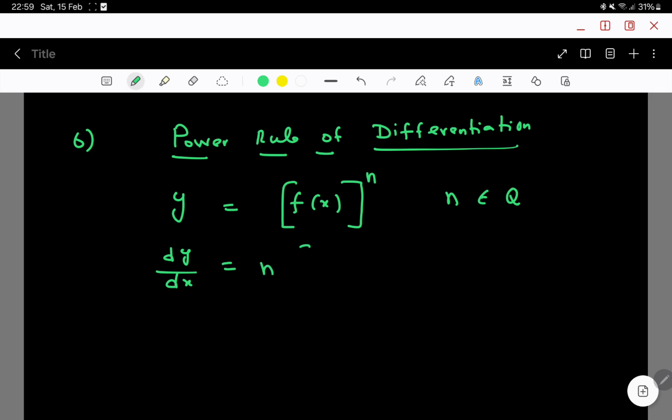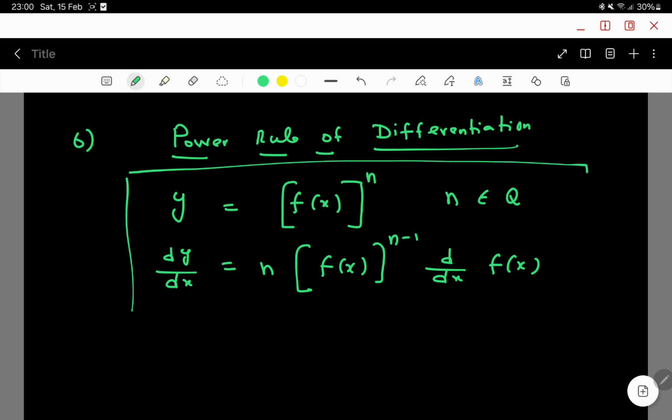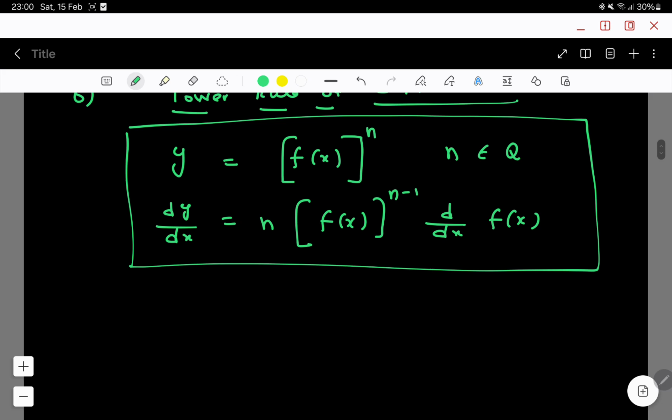So n times, write n in front, f of x whole power n minus 1, reduce the power by 1, and then differentiate the base. This is important. This rule is called the power rule. So f of x is any function of x. I am taking one example, differentiate